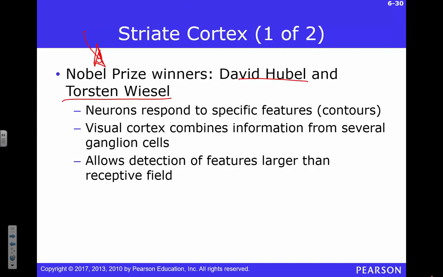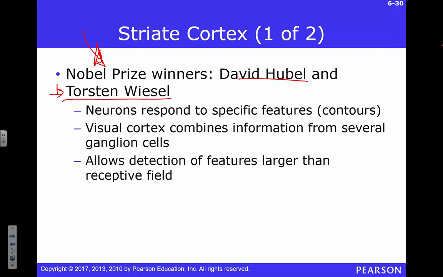So that was just to show you how these cells actually are responsible for the world out there. I think it's cool for you guys to hear the actual action potentials as they're happening. And again, these guys were Nobel Prize winners, not just for that experiment. They did a bunch of other stuff.